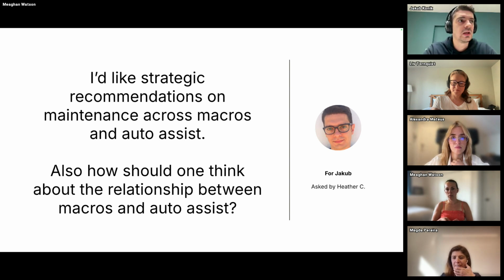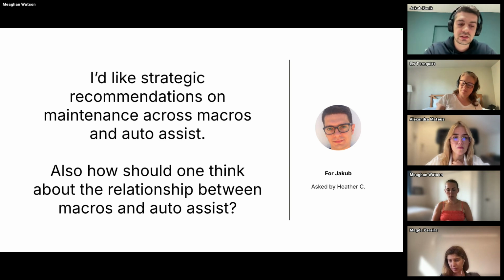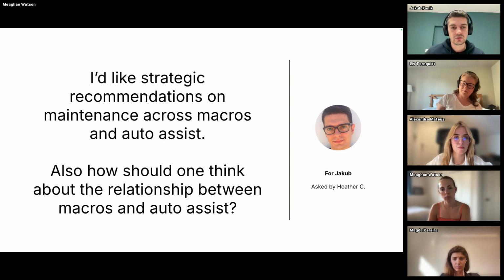So I think if you have some replies or some tickets that only require one response to solve them, I think macros are still a great way to do it. So I'd probably suggest to just do macros. But if you have tickets that require a lot of back and forth to solve, those are the best for Auto Assist. I hope that was the intention behind this question. If not, please let me know.